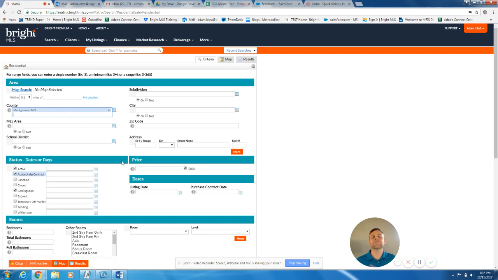Once I've added those basic fields to my search display, I'm going to save them as a default, and I'm going to do that by going to this icon here in the upper right hand corner. I refer to this as the spiky wheel or the cog. I'm going to select that, and then you'll see this option here to set this as my default search criteria